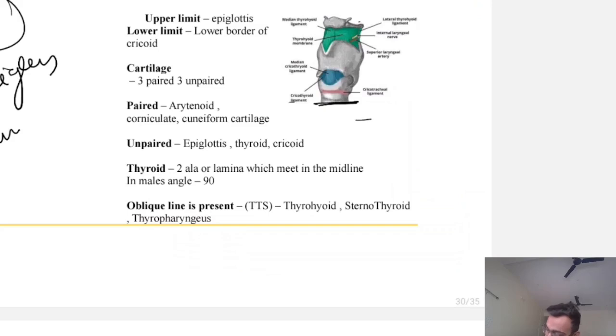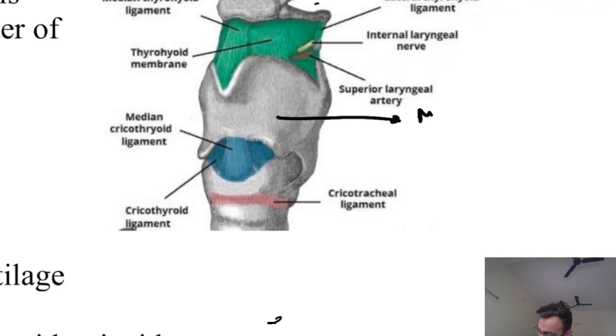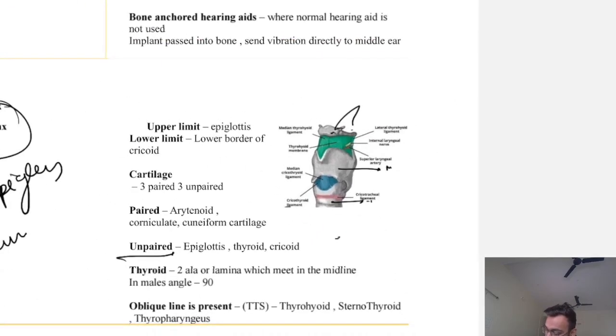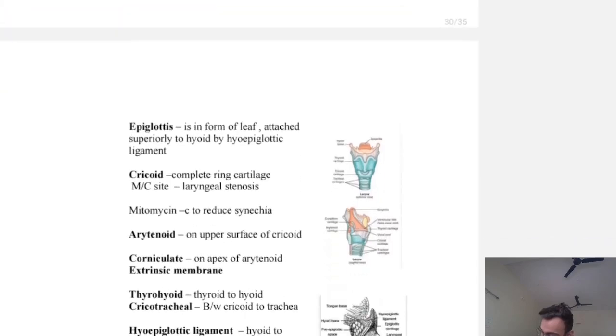So paired cartilages are arytenoid, corniculate and cuneiform. Okay. Unpaired cartilages are epiglottis, thyroid and cricoid. So you can see this is thyroid cartilage, this is cricoid cartilage and epiglottis is somewhere here. So this is unpaired cartilage. Now paired cartilage, that is arytenoid and